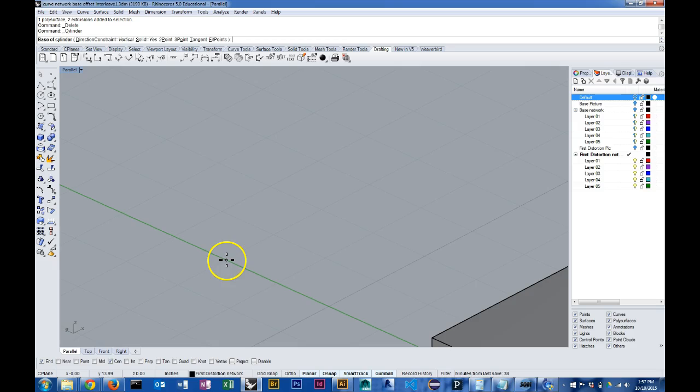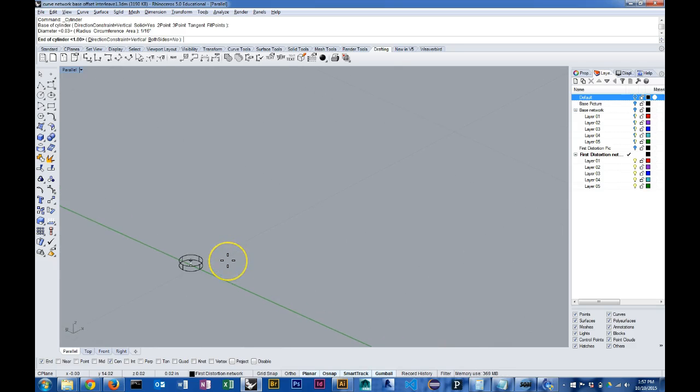I'm going to start modeling this upside down and just pick a spot. And now for the diameter of my pin head, I'm going to use 1/16 of an inch. That seems reasonable. And then I'm going to say that the pin head is just a 64th of an inch